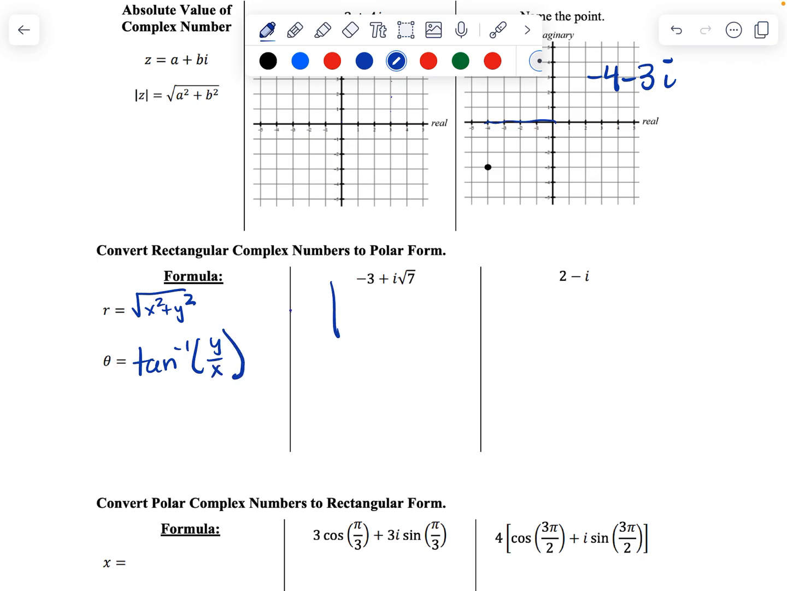And again, you can always graph these as well. So negative 3, the square root of 7. So our radius, negative 3 squared plus the square root of 7 squared. So that's 7 plus 9, so that's 16 equals r squared. So r is 4. And then our inverse tangent,